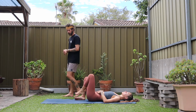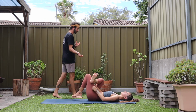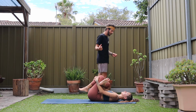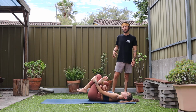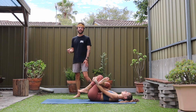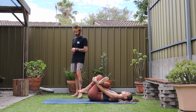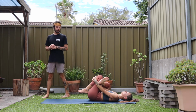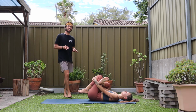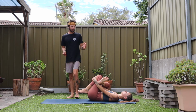We're going to switch over legs. So bend through the left, right ankle over the left knee, flex the toes as always. Want this movement to come from the hip, not the knee. Grab the thigh or the shin, start to move it in. And if you're somebody who finds this tough to grab the thigh or the shin, what you can do is move up against a wall,